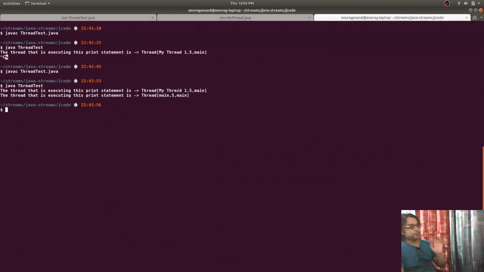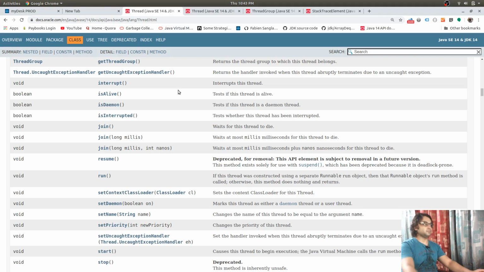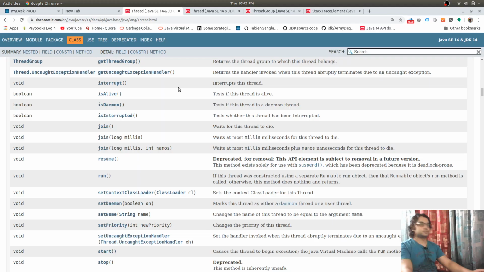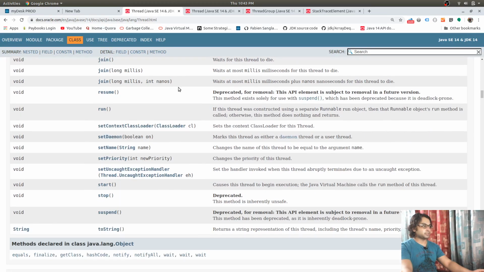If we call the join method on a thread object, then the execution of the current thread will stop at that point, and it won't move forward until that thread dies. So this is one way, and let us move to some different function.